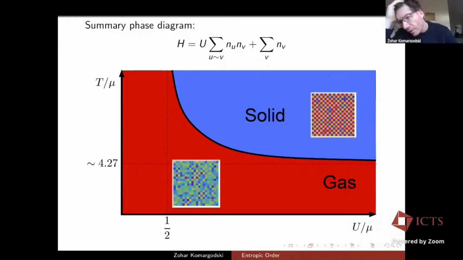But how would you define order? What will be the order parameter if you break the symmetry? Maybe you want to break it to some subgroup. Right. Yeah, you could break the symmetry to some subgroup and see if you can still get some order at high temperatures, but I didn't think about it. Thank you.